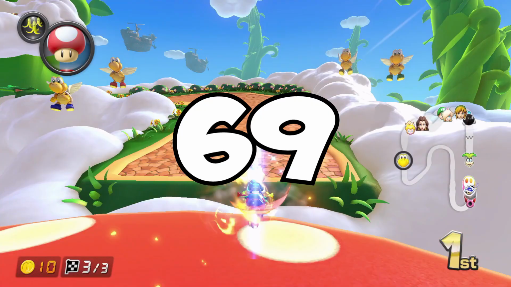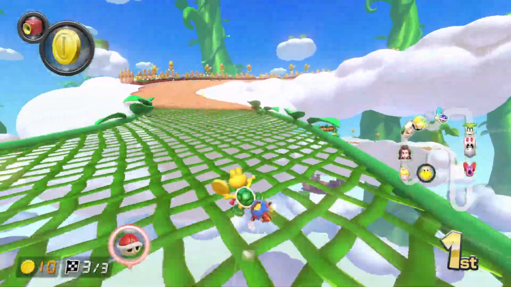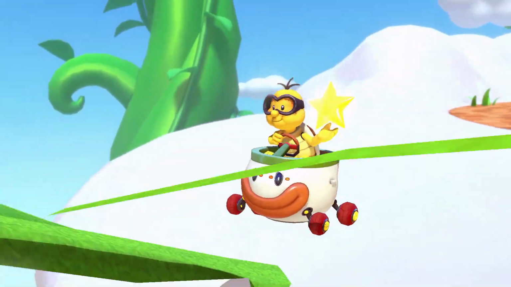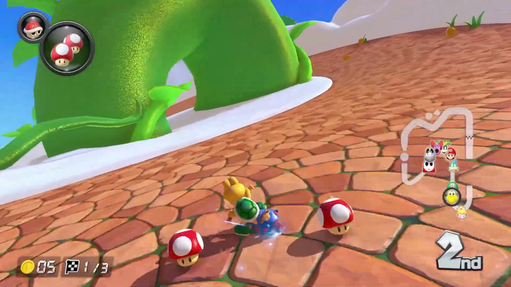69. Nice. Sky Garden, the course of missed potential. This was like the best track in Super Circuit, and a damn good one in DS, but this version is kinda oversimplified and feels really short. Also, the shortcuts aren't all that anymore. The leaf one at the beginning hardly saves time, if any, and the small cut at the end is pretty